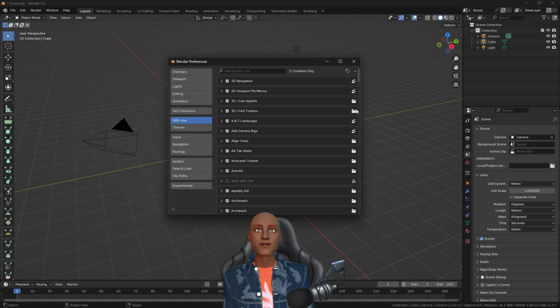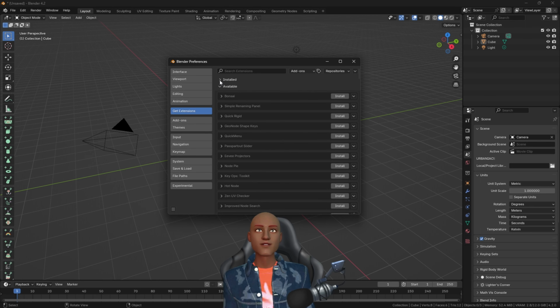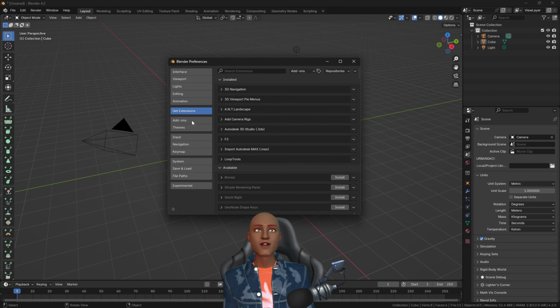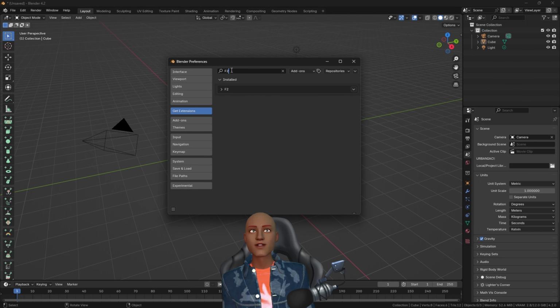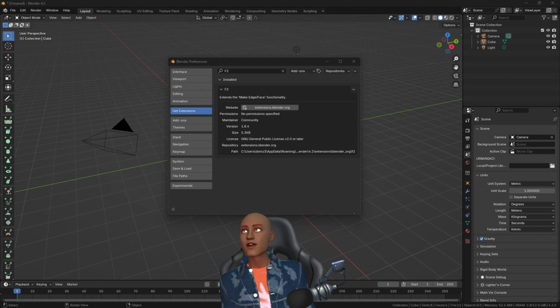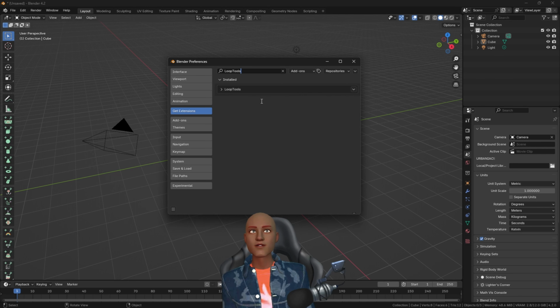These ones here I've essentially installed from my disk. I didn't install them directly through the Get Extensions option. Okay, so moving forward, that's another one of the ones I used. I also like F2. So if you go to Get Extensions, F2, I installed that. I just clicked install. LoopTools, I installed that. Check add-ons, LoopTools